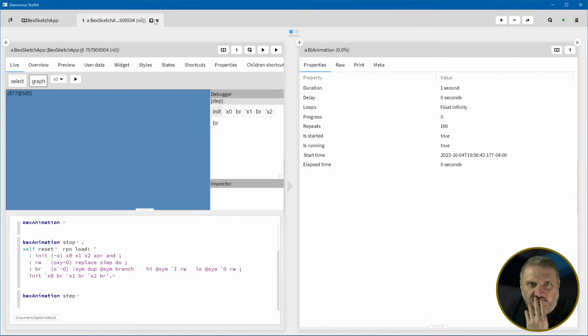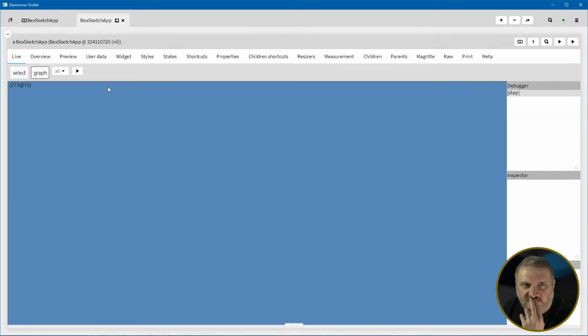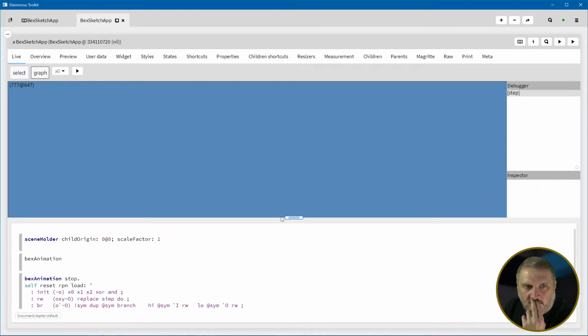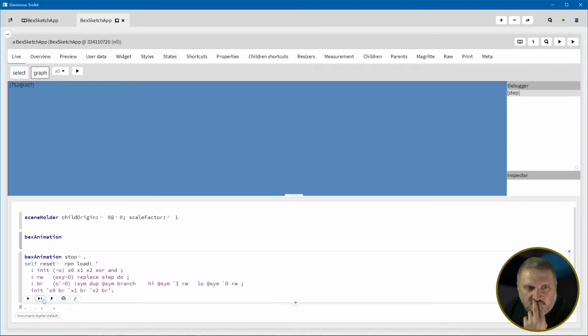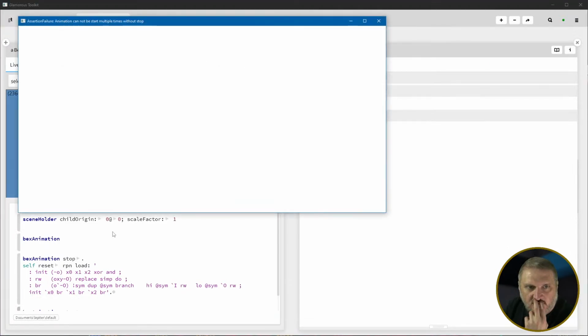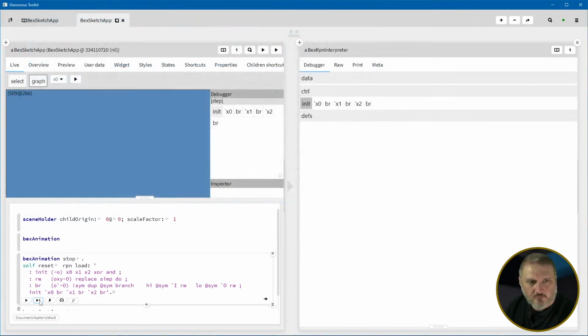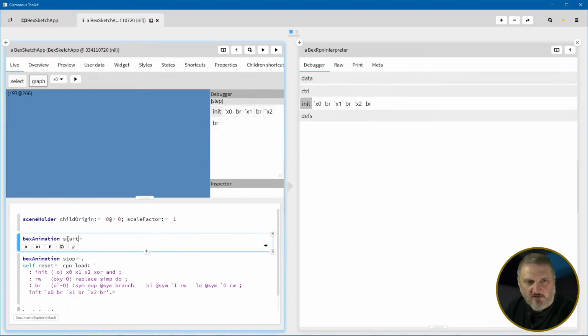I feel like I'm trying something stupid because something is happening that I don't understand, and I'm questioning basic assumptions about how Smalltalk works, which I think is wrong. This should not make a difference. Yeah, it doesn't. This stopped. When I hit play, it does not start. But if I do this and just say Vex animation start,